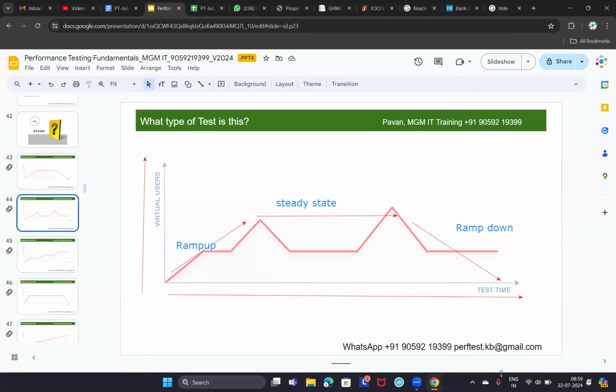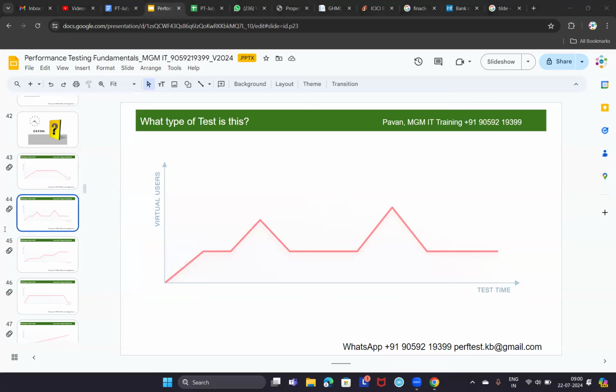Okay, let me clear these drawings for a moment. Just give me a moment. See, this is called ramp up. This period is called ramp up here. And if we take this as normal user load, for example, this is your normal user load. In between there are two sudden spikes for shorter duration. Again it came to normal load. Again there is a spike, and again it came to usual. So this graph